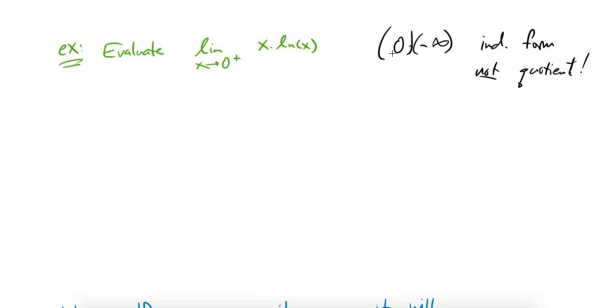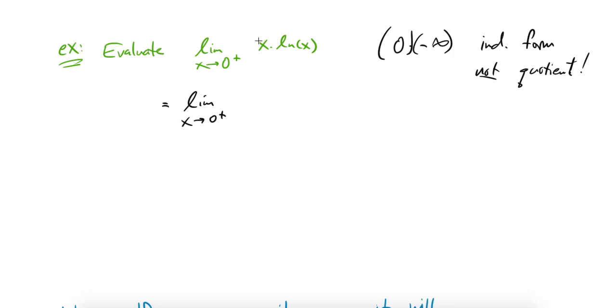For example, if you had infinity minus infinity as your indeterminate form, you can usually combine those expressions into a single fraction. But when you have a multiplying indeterminate form like this, 0 times positive or negative infinity, really what you want to do is force one of them into your denominator. Okay, so what we're going to do is not take any derivatives, but instead just sort of use some algebra